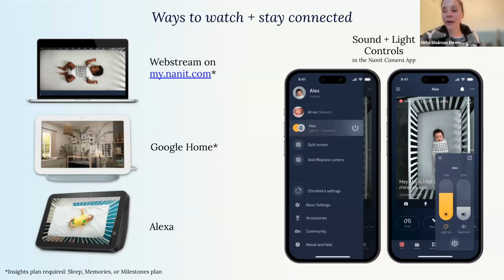I also know of some parents that use it at night or when they're working from home and the baby's sleeping in the room, so you don't want your phone to run out of battery. You can just open up your laptop and have the monitor there in front of you during the whole day, which is really good. The web streaming you can find on mynanit.com,